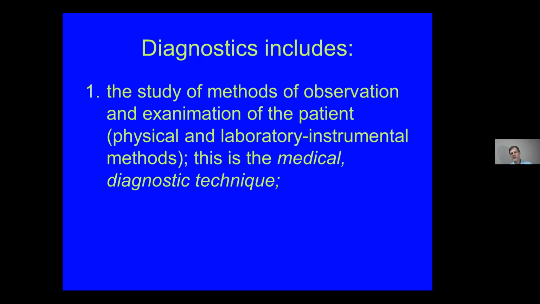First of all, these are physical methods. Which physical methods? This is what you should examine using your eyes, nose, fingers, and this is what? First of all, just observation of the patient. You see the patient, and suddenly you understand that the patient's skin has a yellow color. This is not normal, okay? But you should know that this is not just yellow skin, this is jaundice. And jaundice happens in case of a rise of bilirubin level in blood.